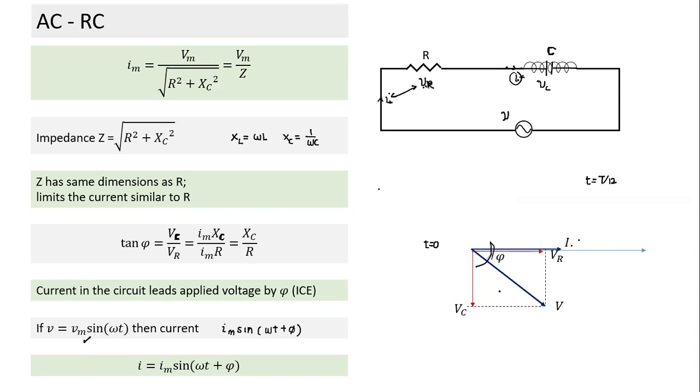The current here and this are also related to each other, and this relationship has nothing to do with what happens in the rest of the circuit. Are you following this? Yes, sir. And then what we say here is that this voltage is equal to the phasor sum of these two. There's a relationship, and all this relationship is reflected in this figure here. Is it not? Yes, sir. If this is I, if this is VR, what will I be equal to? This is what the phasor reflects.